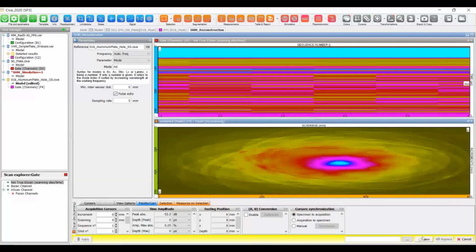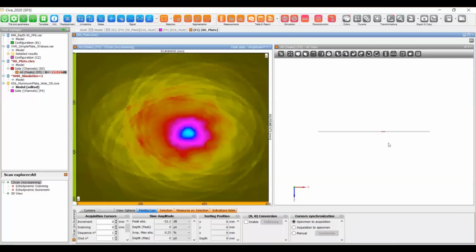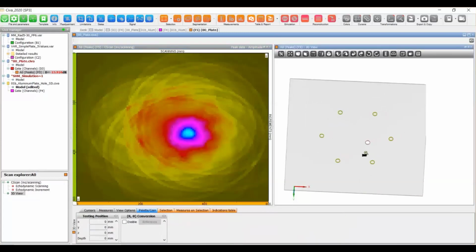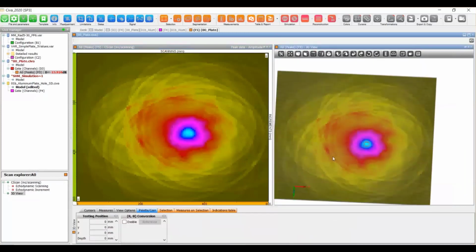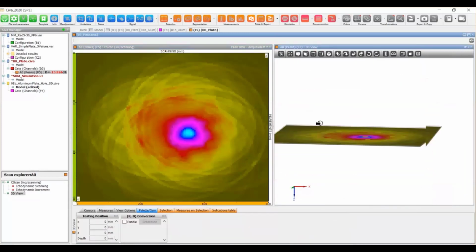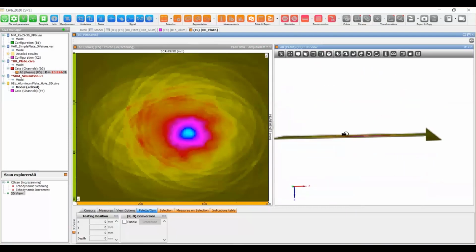And after a few seconds, the reconstructions is displayed here. You can just give it a name, validate, and you have the image. If it works well, if the detection is okay, you may have an image of a defect. You can position it, put it on the 3D view, and you might be able to detect, identify, locate a defect based on this information.